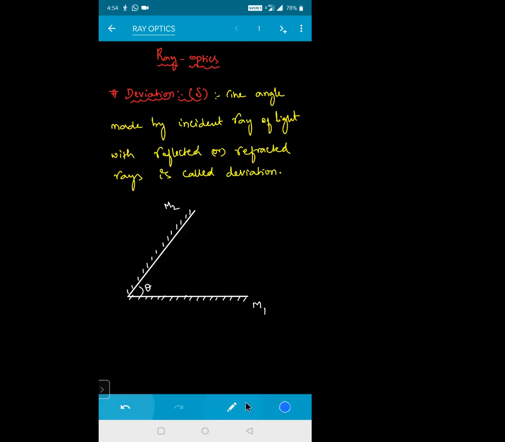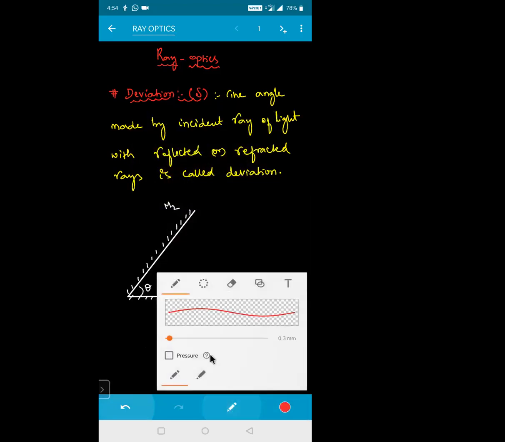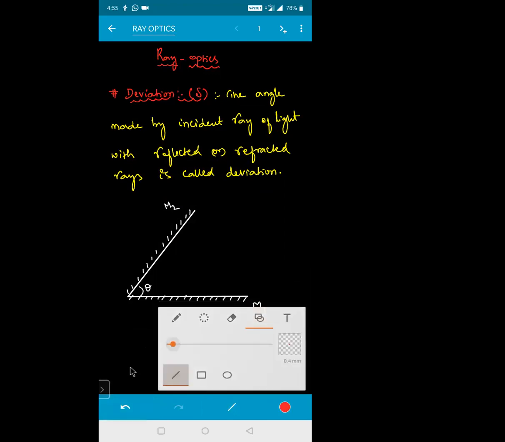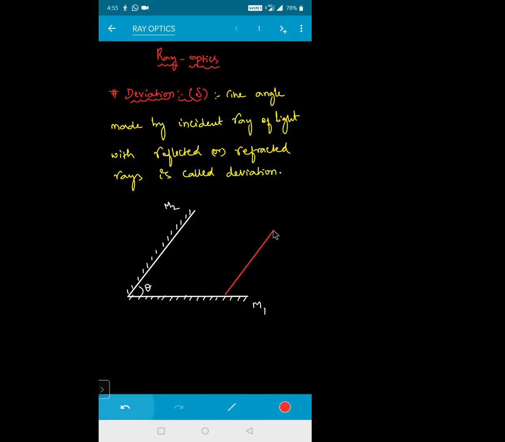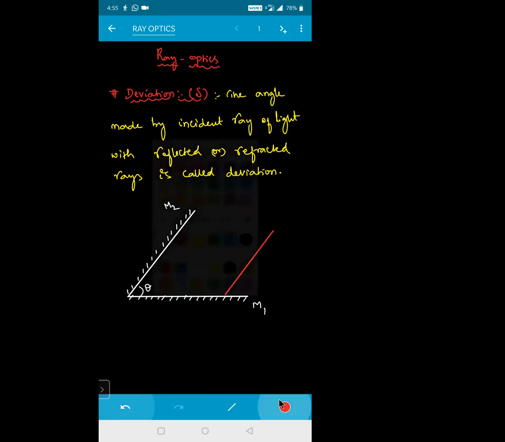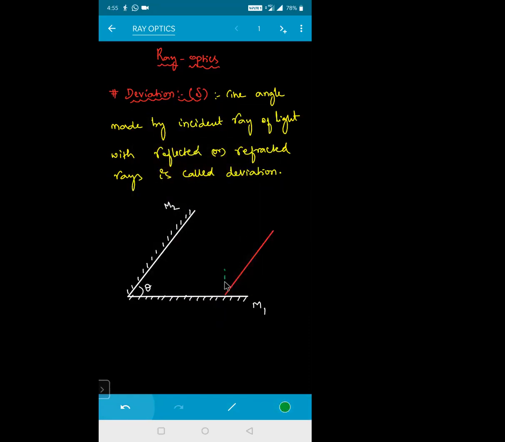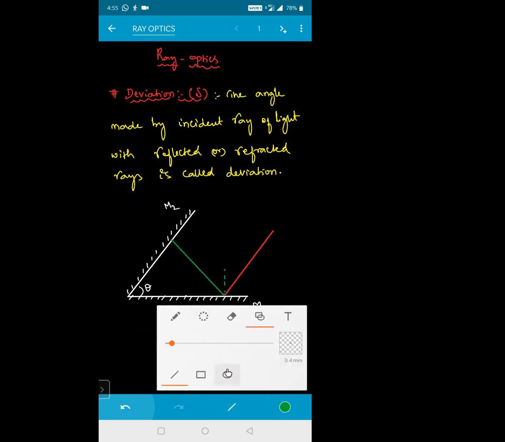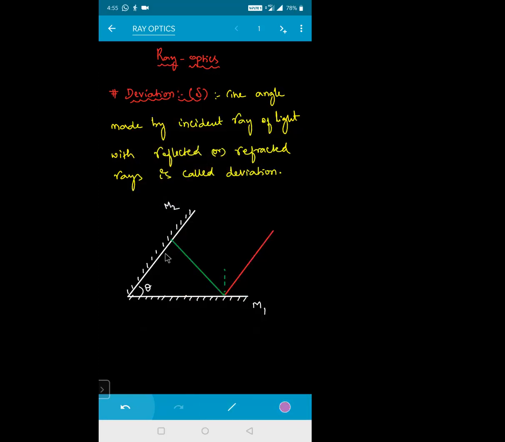Okay, a ray of light is being incident on this one, something like this. When a ray of light is incident, you need to first draw the normal for this one, beta. So this will be your normal. From here, this ray of light will get reflected like this. If I draw one more normal to this one like this, the reflected ray from here will be going parallel to the first mirror.